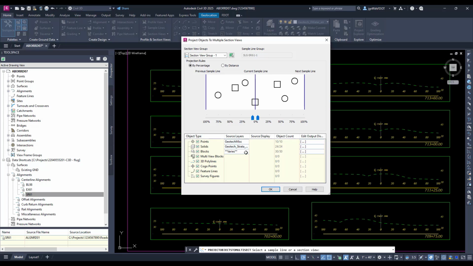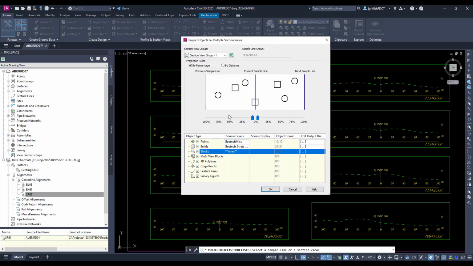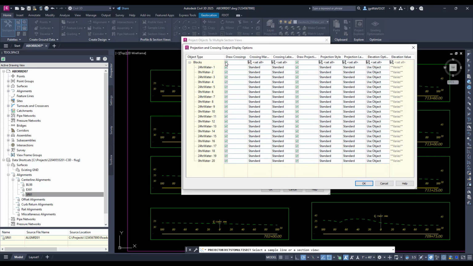So when we're looking at blocks, what we don't want to do is to pull in the 2D. So I'm going to turn off core, which is our 2D block that goes in. Once that's done, we'll click OK. Now, this is really important. You have to make sure that you turn off that first checkbox column. You can individually select these and set them to the